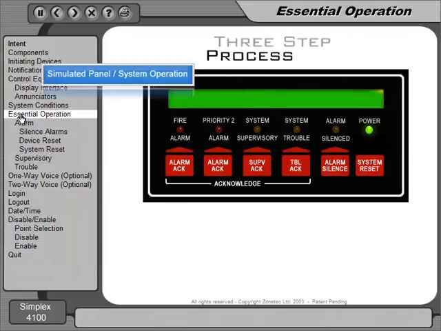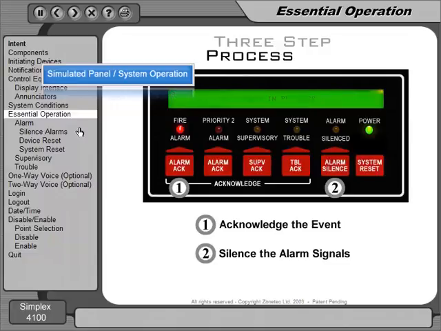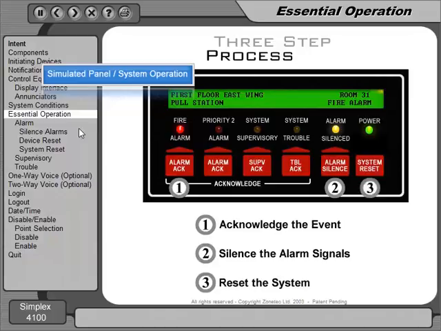The essential emergency operation of the system is a three-step process. 1. When a fire alarm is received, acknowledge the event. 2. When the situation is under control and the operator has been given the authority by the fire department, silence the alarm signals. 3. When all alarm devices have been returned to their normal state or have been disabled and the operator has been given the authority to do so, reset the system. Decisions as to whom and when these tasks are performed are determined by the emergency procedures provided by the